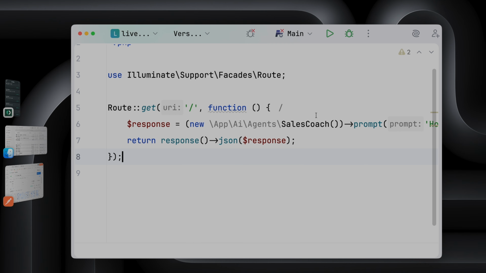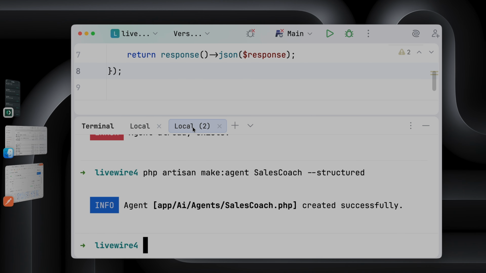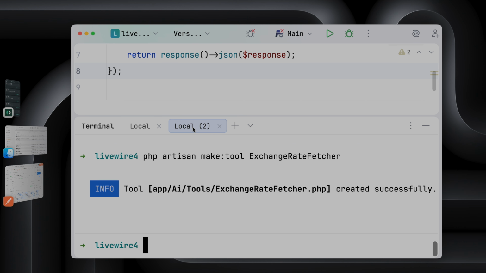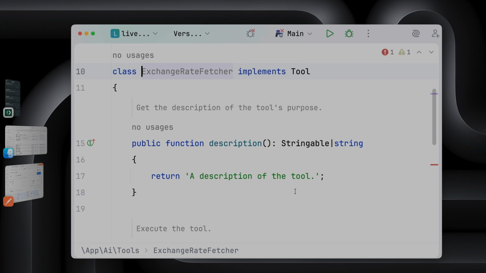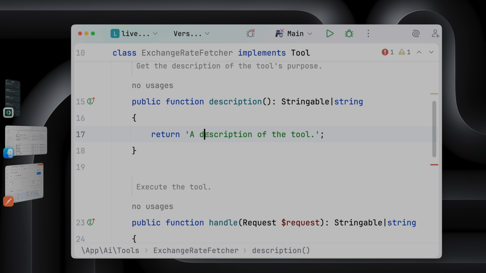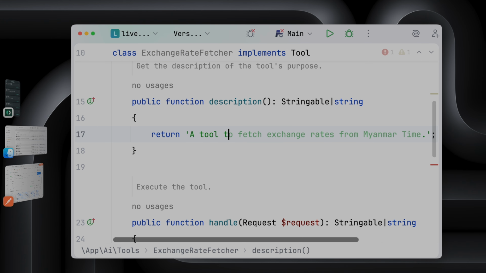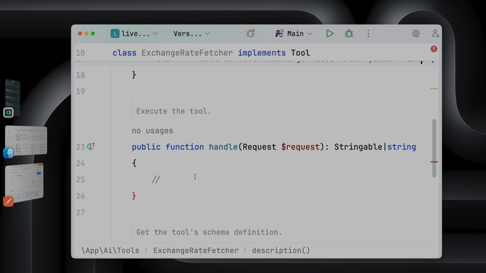Now tools. How can I make a tool? The tool is php artisan make:tool. Random number generator. So we are doing the exchange rate fetcher. Okay, ExchangeRateFetcher, and then there is a description: a tool to fetch exchange rate from Myanmar time. Okay, and the handle method is